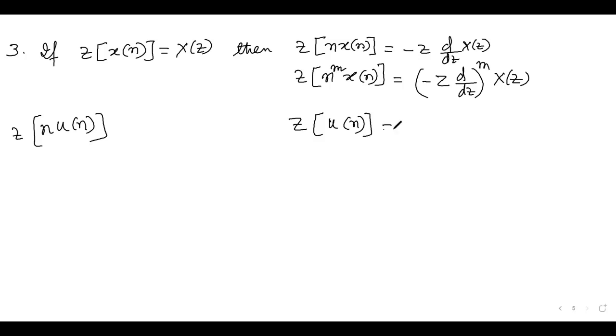It is 1 by 1 minus z inverse, that is z by z minus 1. Now the z transform of n u[n], according to this formula: